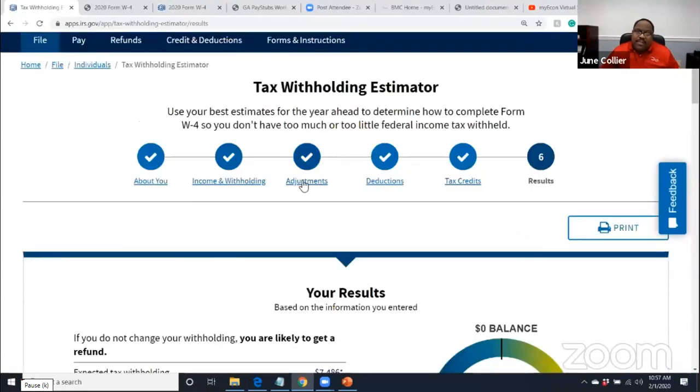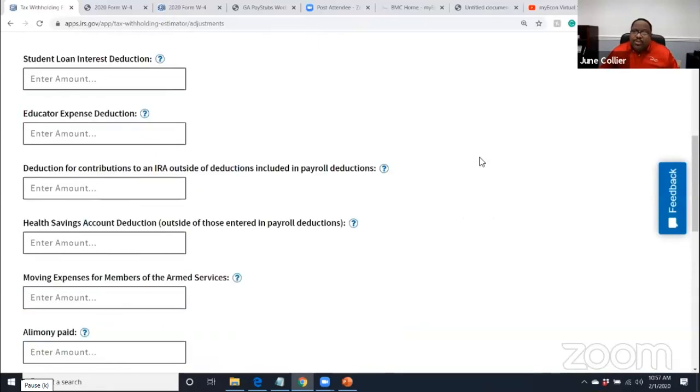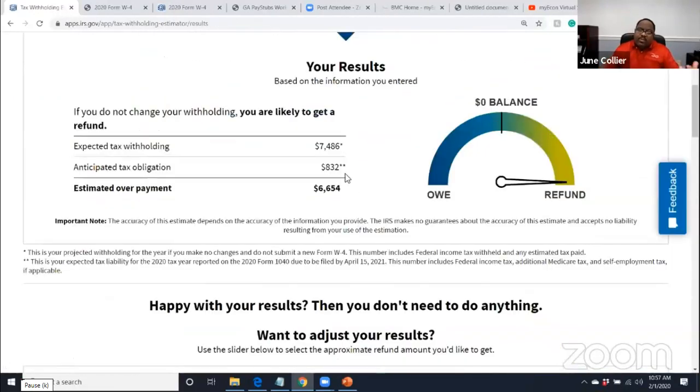But if we put the $5,000 by having a business, that $5,000 helps us reduce our tax liability down to $832. So this is why we say owning a home-based business is so vitally important, because that money would have gone to taxes. Now you can take that money and put it back into your pockets,